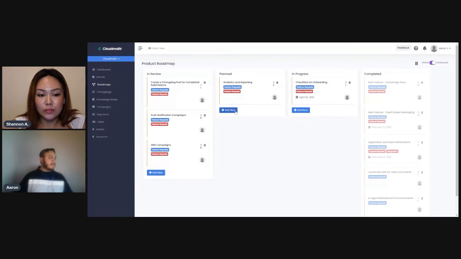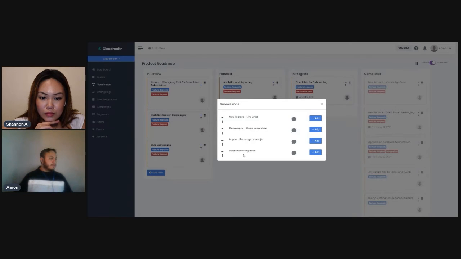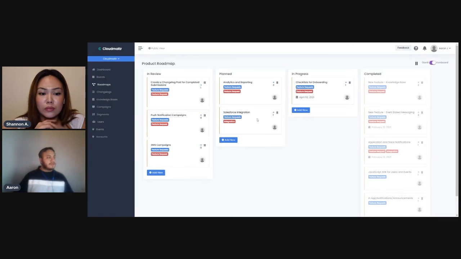But let's say that this one we actually want to plan it as well. We click on this and, okay, well, Salesforce integration, add that one, done. And then we can drag it, whatever. It's a Kanban board, like Trello or Asana or something like that. Exactly, it's just a Kanban board. You can just drag it, whatever you want to do, and then from there we'll